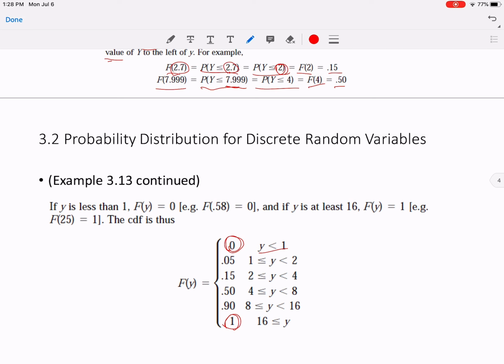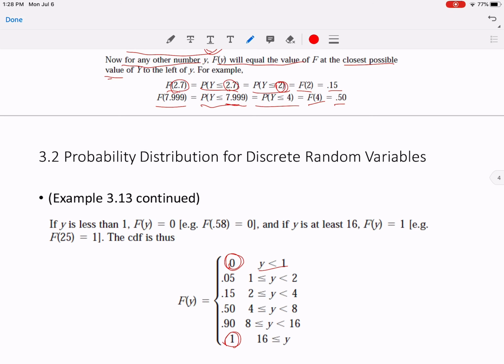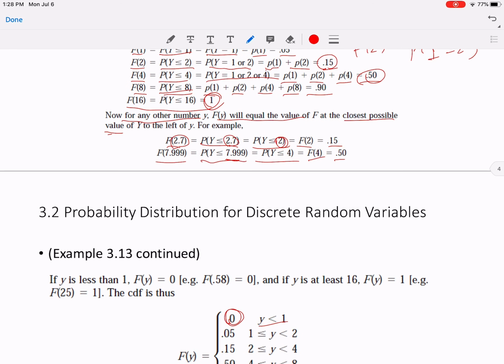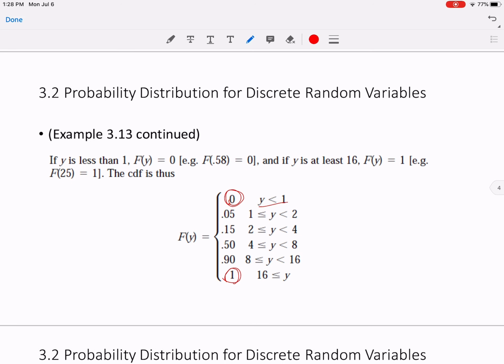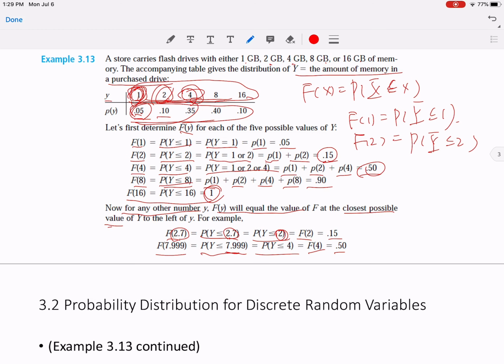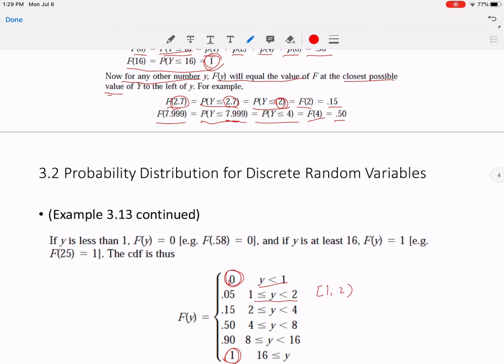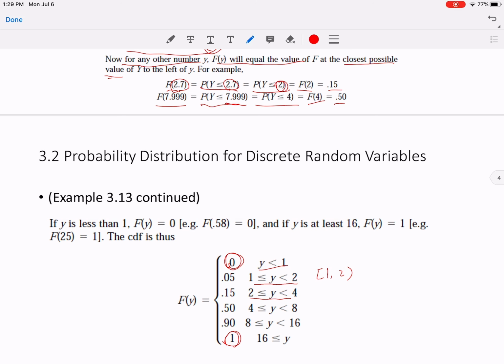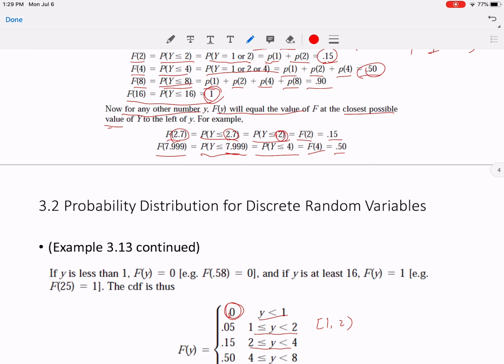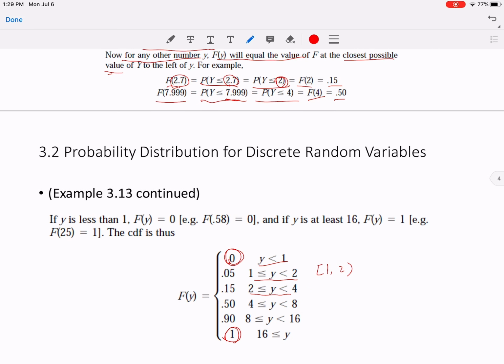And then we start with the very first possible value, which is 1. So between 1 and 2, we use a bracket for 1 and a parenthesis for 2. So 2 is not contained in this interval, because 2 is the left end of the next interval. So the probability of the first interval between 1 and 2 is 0.05, because for any number between 1 and 2,